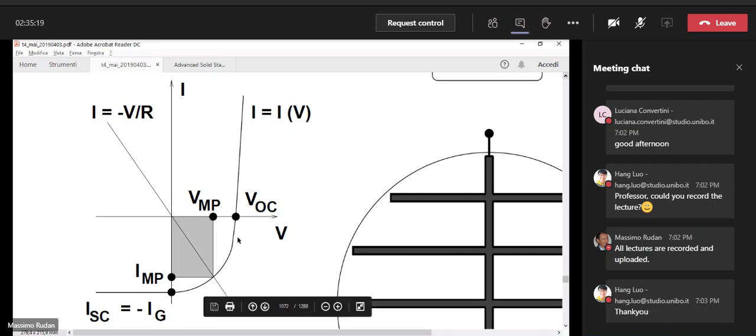The other important point here is the point in which the characteristic intersects the horizontal axis. And of course, this is for the case in which I, the current, is equal to 0. So this is called VOC. That is the open circuit value of the voltage. Okay. When we want to calculate the working point, we can do it graphically, so that we can consider the intersect between the IV curve of the solar cell and the load characteristic. The load characteristic is, of course,